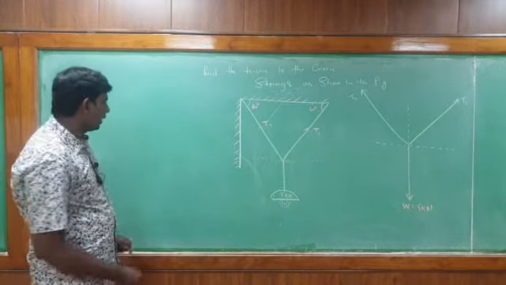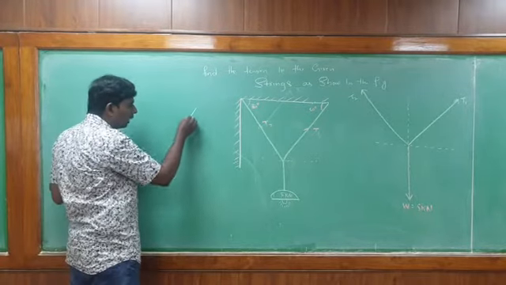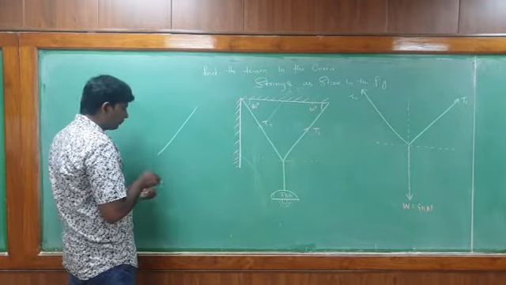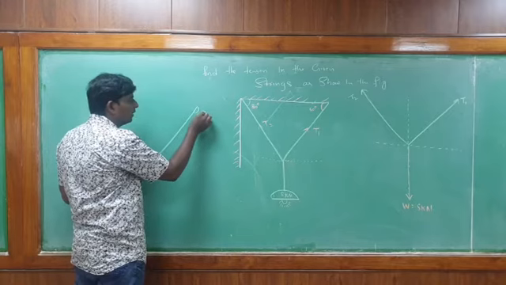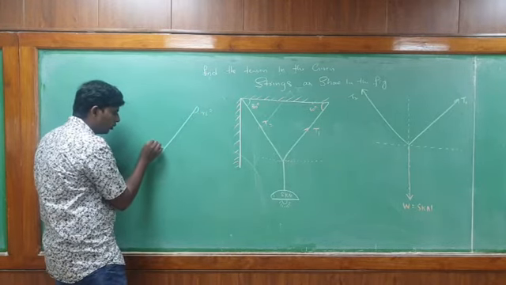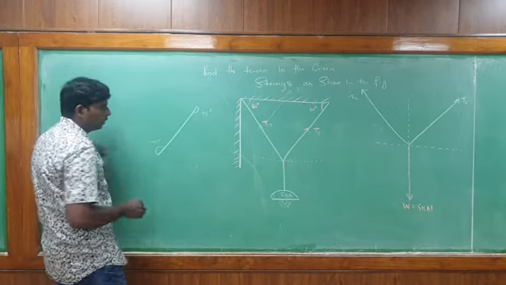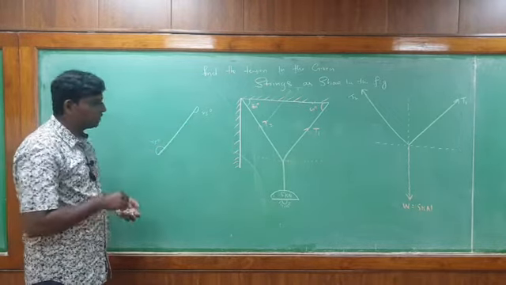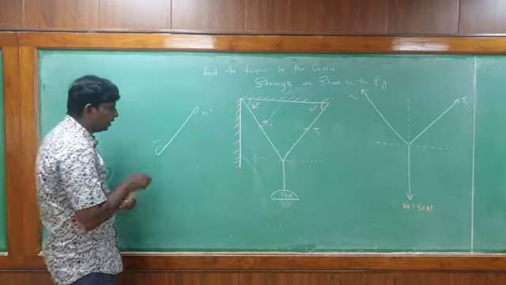Okay. As I told you, opposite angles are equal. See, this angle is equal to how much? 45 degree. So this one also how much you have to take? 45 degree. Here 45 degree means opposite angle is also how much? 45 degree.